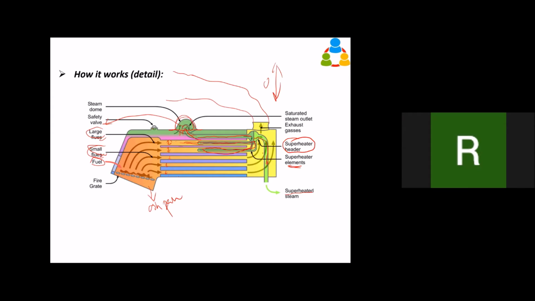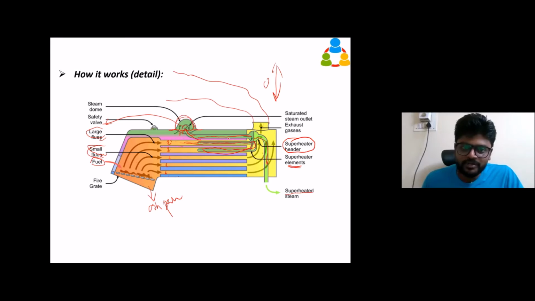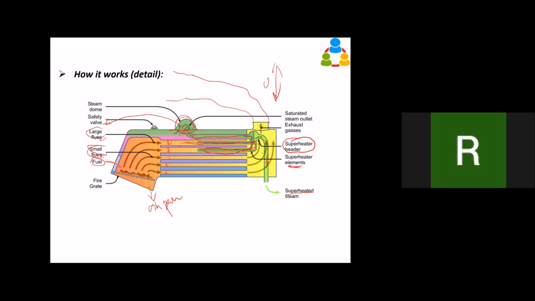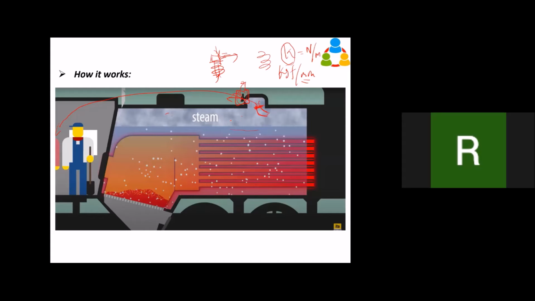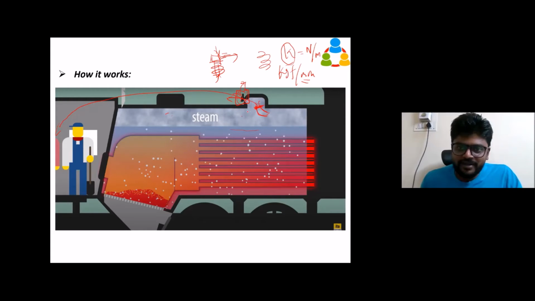Sir, will the water be stored in that top place? No, water is here. You see, the purple is water, the green is steam. This is water and this is steam. Why do they want to raise the level? If you make the design like this, with everything connected, no dome, and you keep the pipe here, there will be a chance of water getting into it. So to ensure 100% that no drop of water gets into your main pipe, you want to raise it from the level of the boiler.